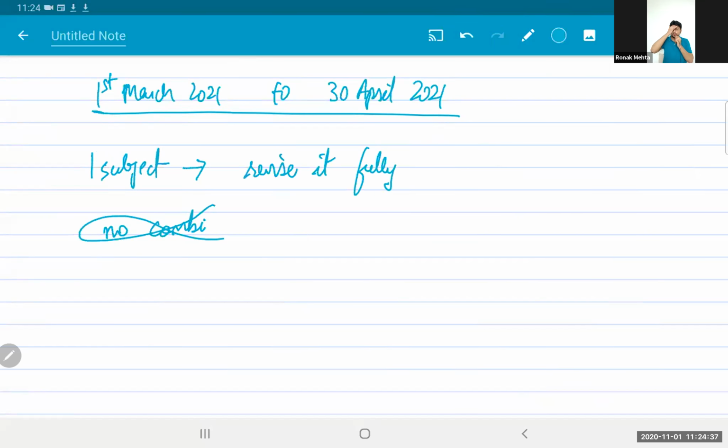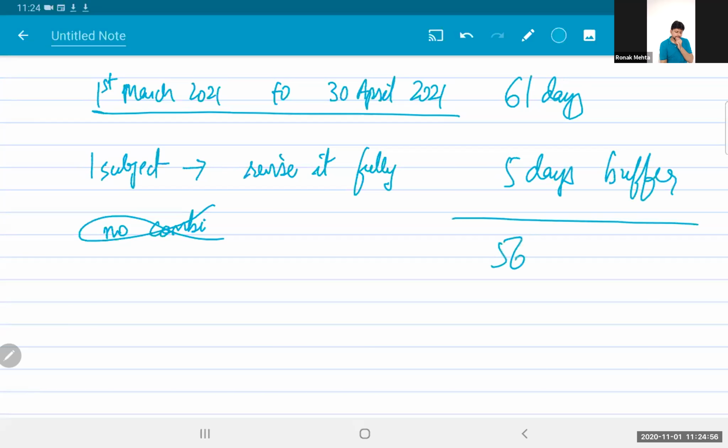You can probably devote a week to each subject. You have 8 subjects. 7 days per subject means 56 days. ये तुम्हारे पास 61 days है. 5 days का buffer निकाल लो. 56 days आ गया. Some days your health isn't that good. Some days maybe you're forced to study only for half day. Maybe some birthday, maybe some function. Maybe the health is not that bad, but not that good also. You might be able to study for half a day. So you keep 5 days as buffer and you use the balance 56 days.